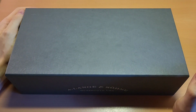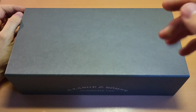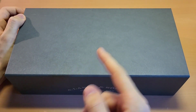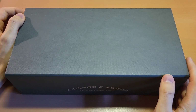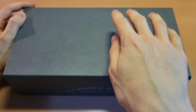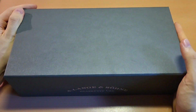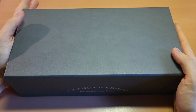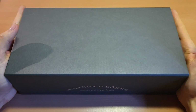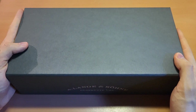Today is exceptionally beautiful. Why? Because we've got a new watch here, and this is a watch that I very recently bought. I think it's going to be like 2 weeks from now, or like 3 weeks when you actually see this video. But I just got this watch today, and I have unpacked it once and took a look to see if everything is alright, but we are now going to do the complete unboxing, take a look at what kind of beautiful watch this is,